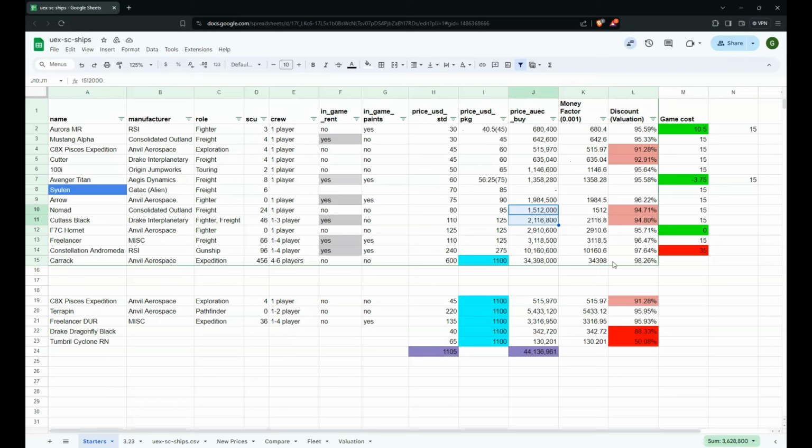These actually would look even worse if I changed it to the ship price. So if you want to see that, let me know. I can always do a separate video and we could take a look at the package price versus the in-game price and not at the standard price. So anyways, that really means that this price is too high, let alone this price, which is an extra $15